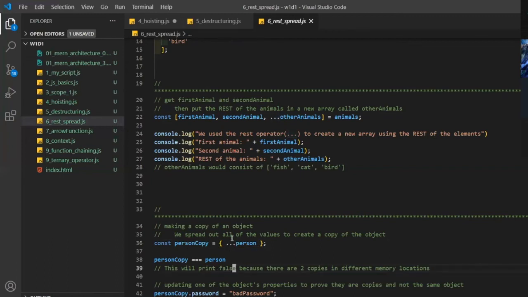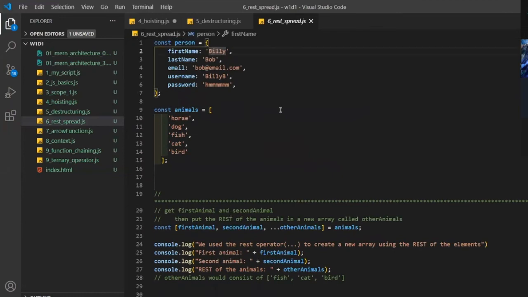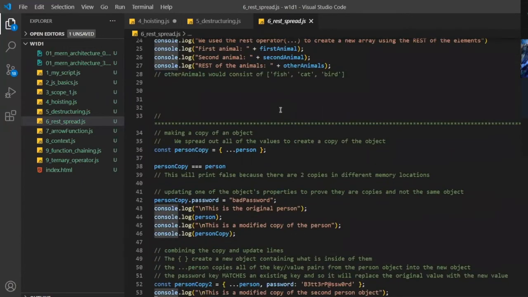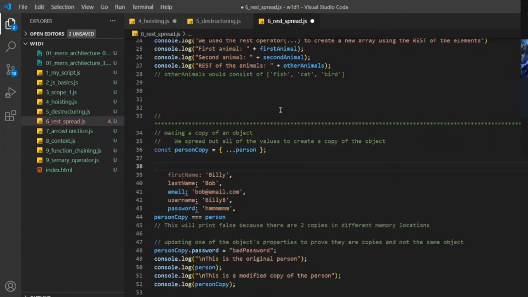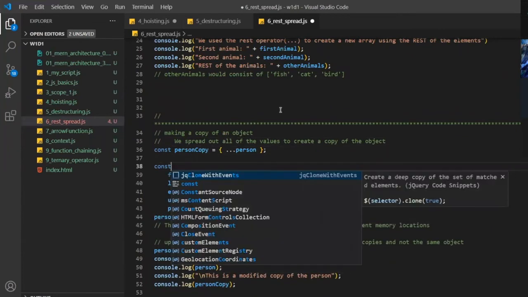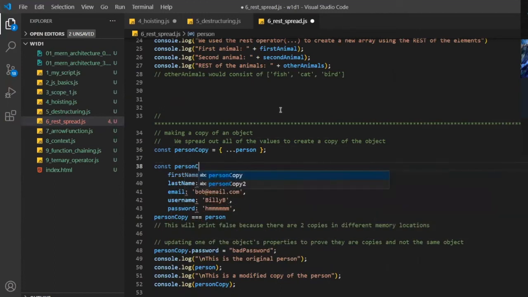Now, what this is doing, in a sense, is I am taking all of these pieces of information, and I'm doing this. Const person copy equals